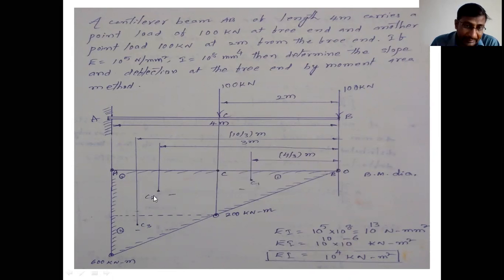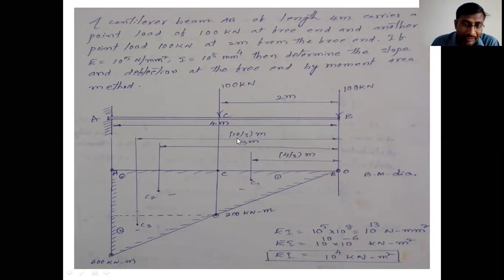This is the second area. Center of gravity of second area C2 from the apex: this is total 2 meters, this is the 2 meters. This is a rectangle. Center of gravity is at a distance of 1 meter from the C. Therefore, total 3 meters from the apex. And similarly, this is the third area. C3 is the center of gravity of third area, which is at a distance of 10/3 from the apex.